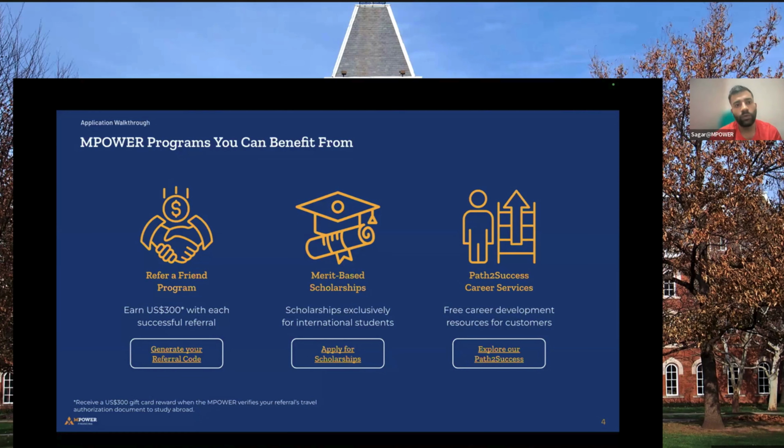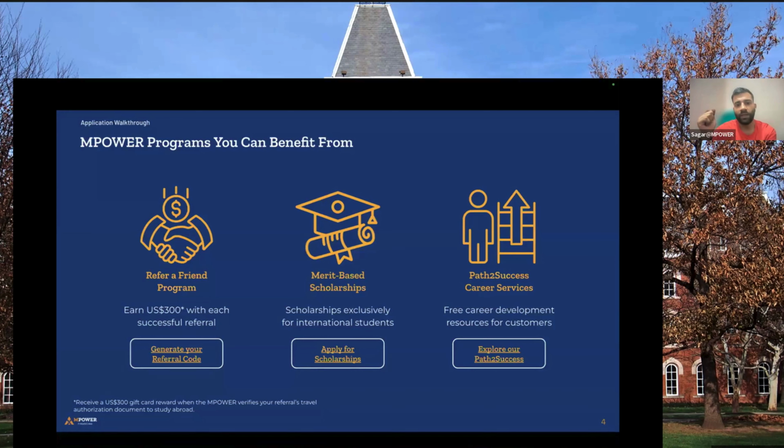Once the friend that you refer accepts all MPOWER loan terms, and once they receive and upload a valid visa document on the MPOWER application, that is when you qualify for the $300 reward. And we give out $300. There are multiple options to choose from. So we give out these rewards to the one person that is referring. And on the other hand, the applicant who is applying using your referral link also receives a $100 reward once the loan is disbursed. So it's a win-win situation for both you and your friends. So please make sure that you make the most of it and create your referral link today and share it with your friends.